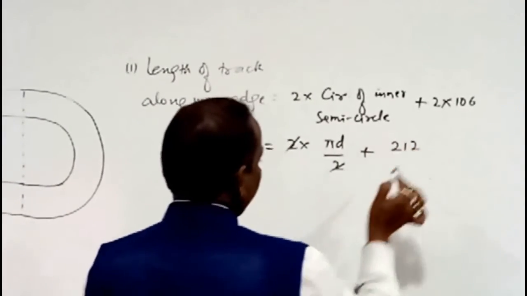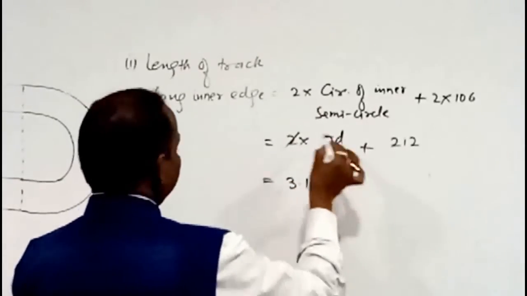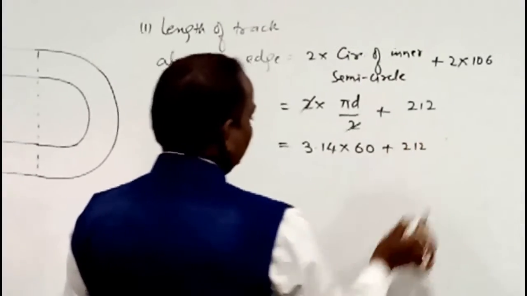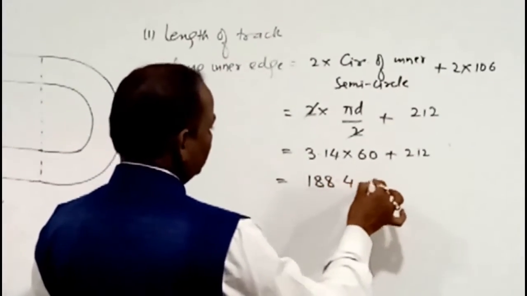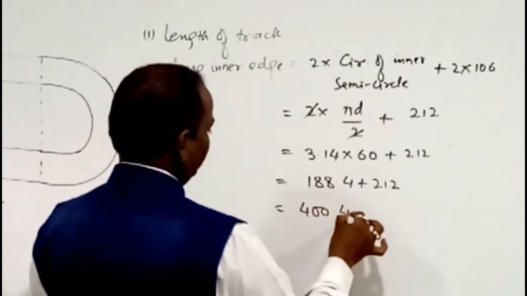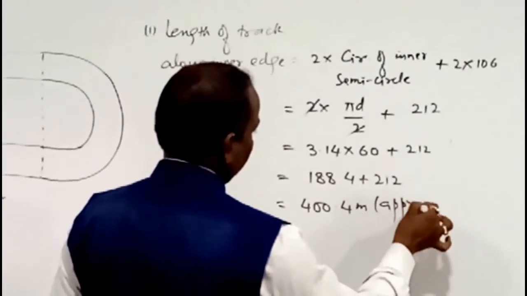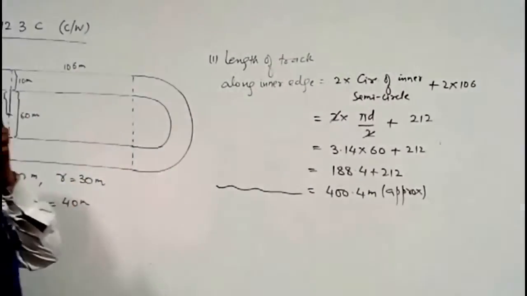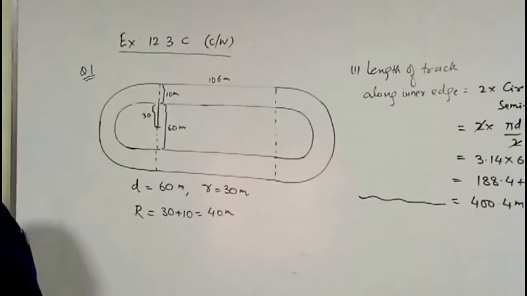करेंगे तो 212। यहाँ आप पाई का वैल्यू 3.14 ले लेते हैं, अगर डी का वैल्यू दिया है 60, अगर इसको मल्टीप्लाई करते हैं तो ये हो जाएगा 188.4 प्लस 212, दैट कम्स एज 400.4 मीटर अप्रॉक्स। सो द लेंथ ऑफ द ट्रैक अलोंग द इनर एज इज 400.4 मीटर अप्रोक्सीमेटली। अब बात करते हैं सेकंड पार्ट